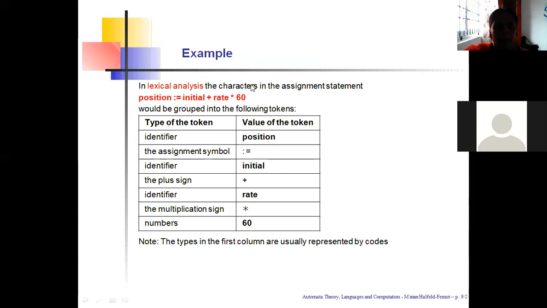And we will see one example. This is a given example. We are going to store the output of this expression in the position variable. This is the position variable, and for that we need two variables: initial plus rate star 60. How to find the tokens? The lexical analyzer, what it will do is, this is a given instruction available